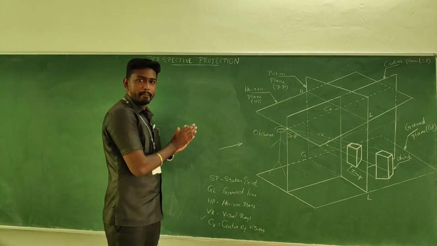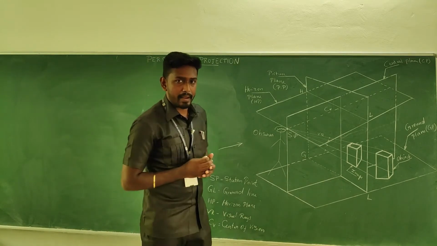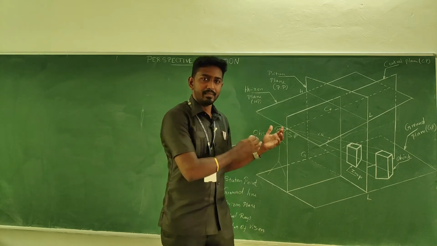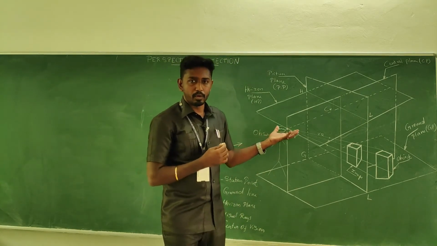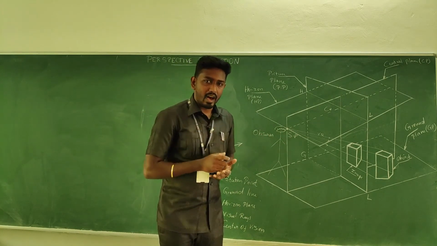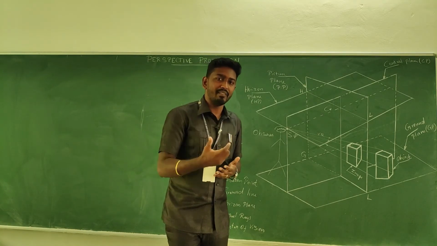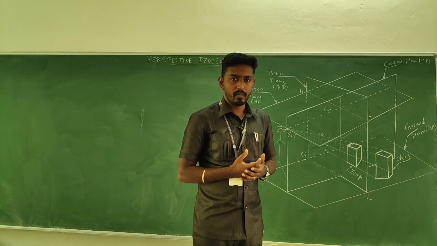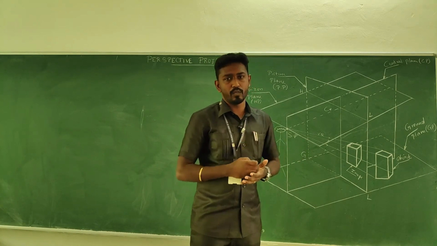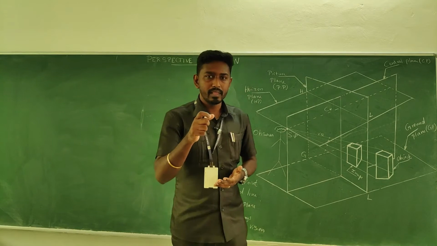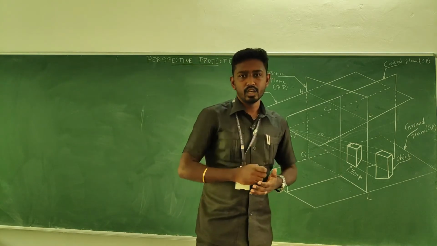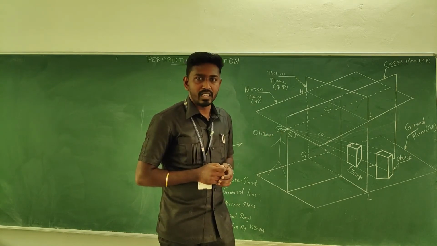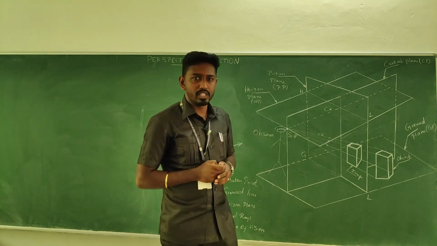The observer is standing here. And just like the orthographic projection, in a similar manner we are going to work out the projection work. So in the orthographic projection, when you have the diagram, how will you start in order to get the traces of the front view and top view? From the view which shows the true shape. Am I right? The view which shows the true shape, in that particular plane, we will start our work.